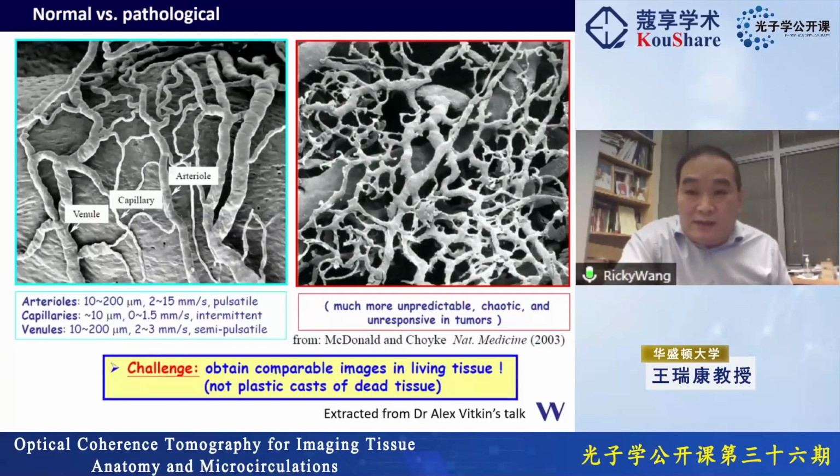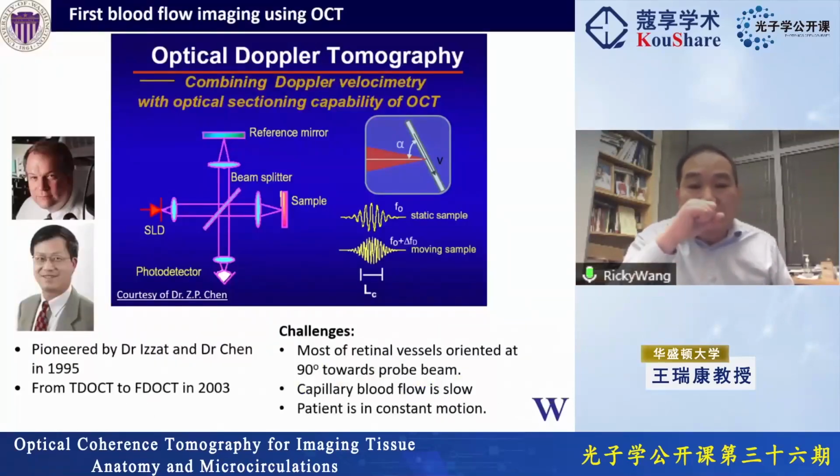If OCT can do this, that will be marvelous because OCT is a non-invasive technique. You can do the imaging without contact to the human tissue. Okay. And the answer is actually yes. OCT can actually be used to get this kind of quality of images. Okay. So using OCT to look at the blood flow or blood flow network